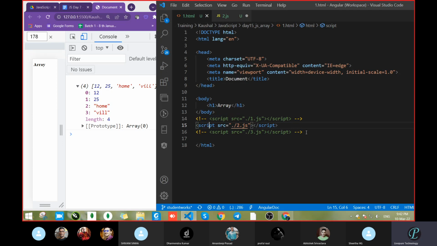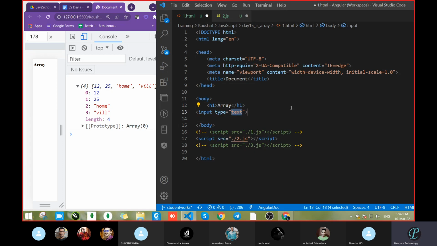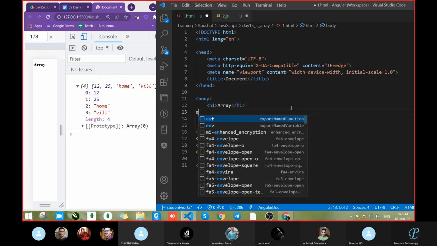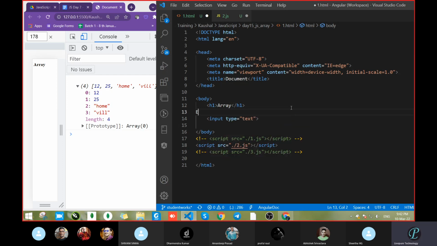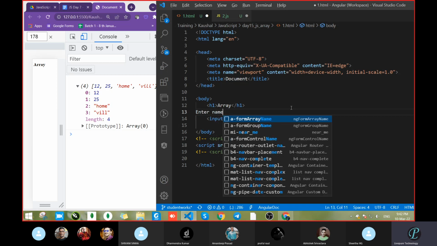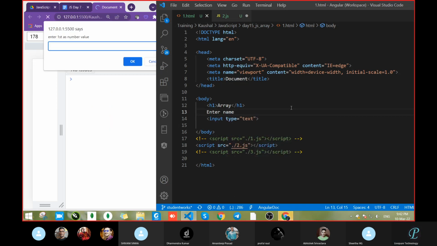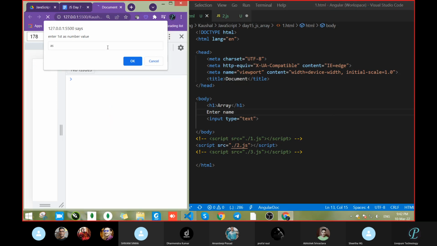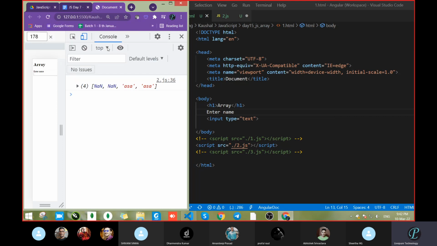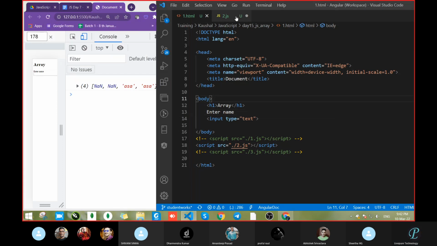Suppose I want to take some data from the user, with input type equal to text. Practice, then only you will get an idea. I think still nobody has completed that assignment. Why did we get NaN here? Any idea?